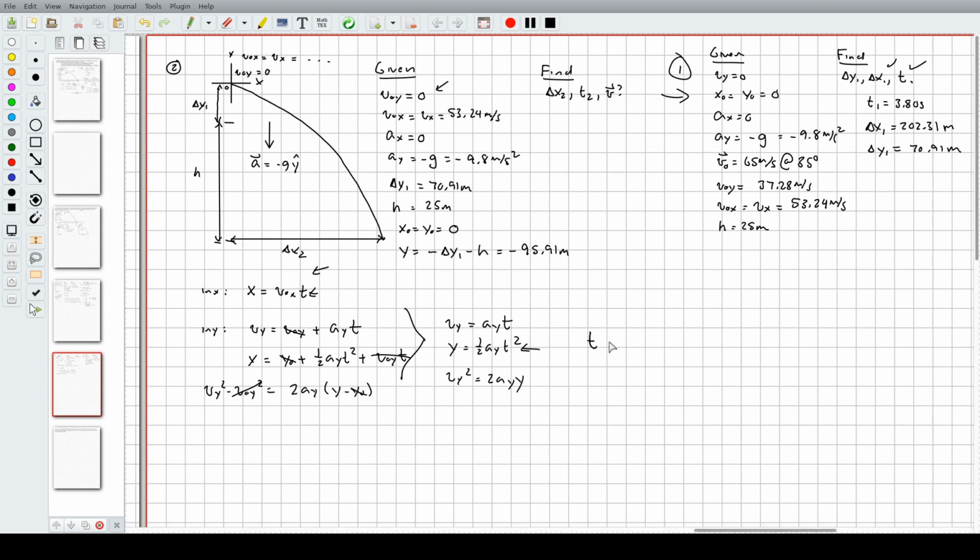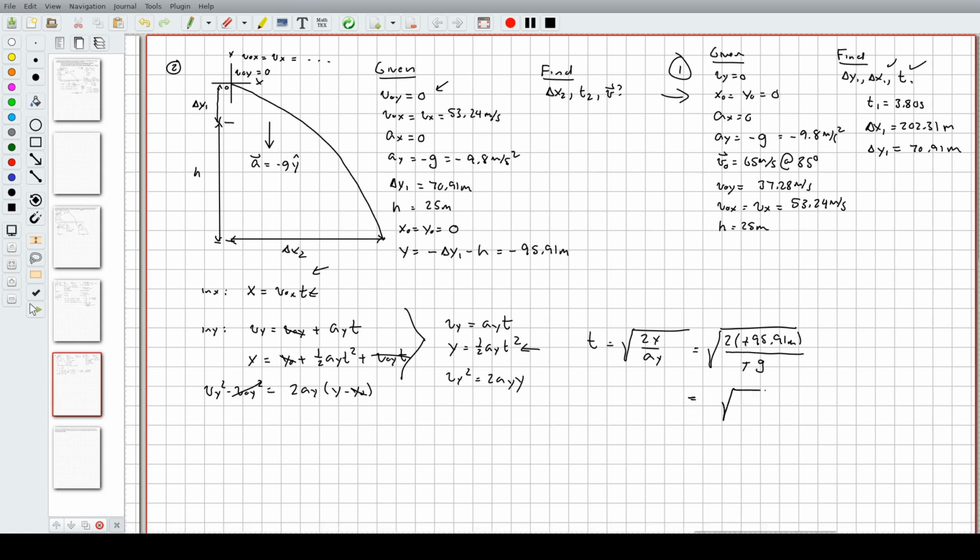So t is going to equal the square root of 2y over A sub y. 2 times minus 95.91 meters divided by minus g,